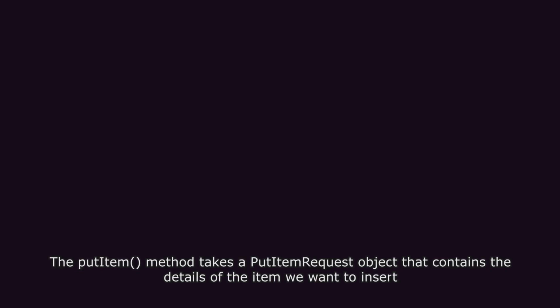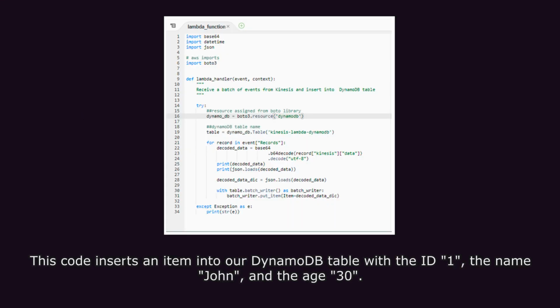Now let's insert some items into our DynamoDB table. We can do this by calling the putItem method of the table object. The putItem method takes a PutItemRequest object that contains the details of the item we want to insert. Here's an example. This code inserts an item into our DynamoDB table with the id 1, the name John, and